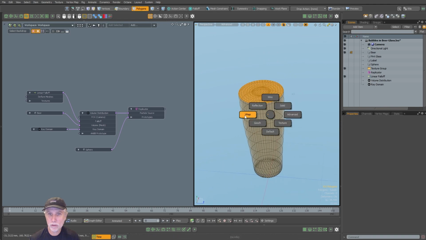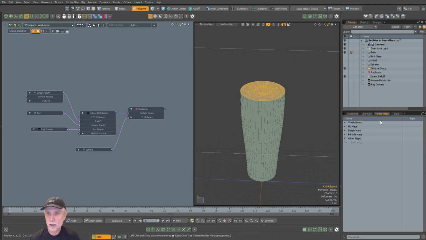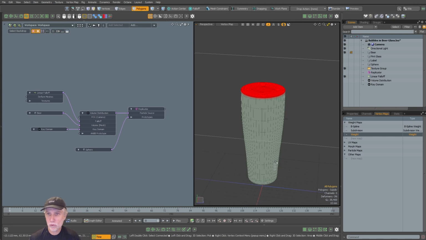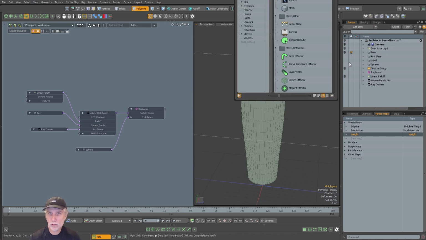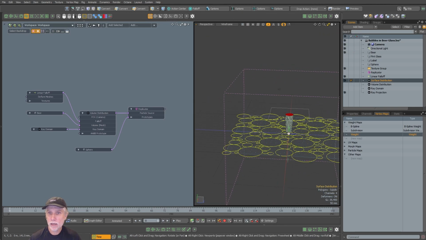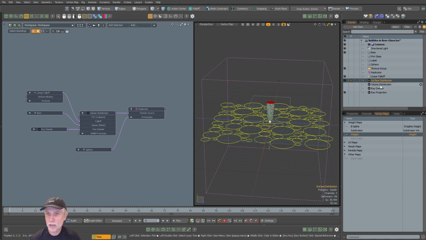Let's go to VMap mode, and let's create a weight map here. We'll just call it weight. That's fine. There's 100% right there on the top. And then let's do a Dex surface distribution. So again, Dex, and this time we want surface distribution. And we'll take our, again, the surface